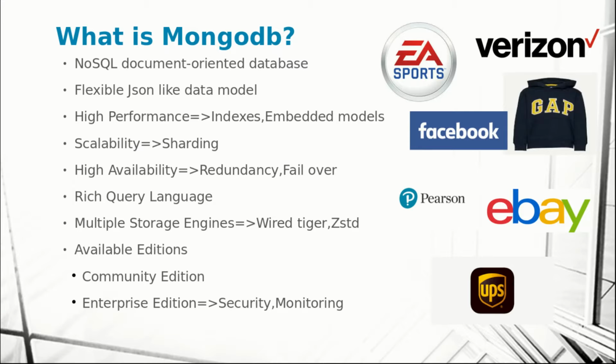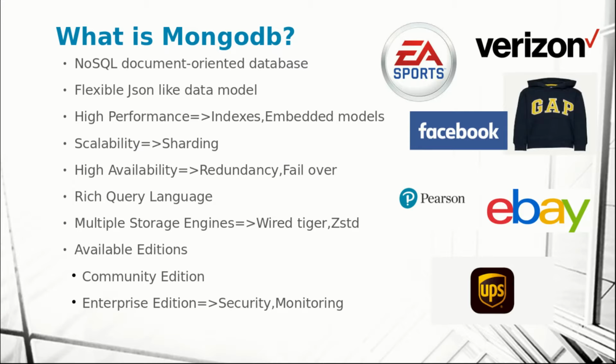Okay, and it supports multiple storage engines. So when you are dealing with storage, it's important you store information in the lowest amount of disk space. In order to achieve that, you use MongoDB compression engines, right? So there are many compression engines available in MongoDB. So we have WiredTiger, Zstd, those are the available compression engines. So based on the type you pick, the compression ratio will change.